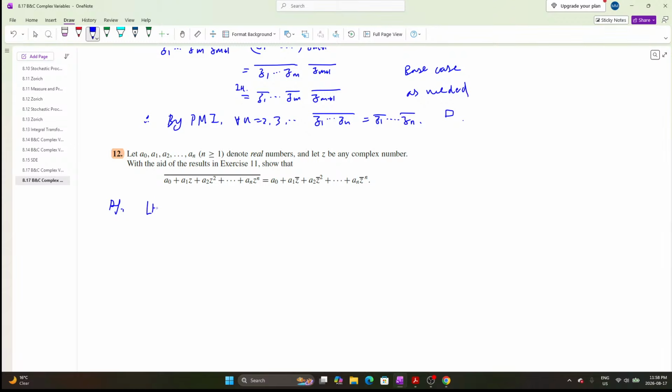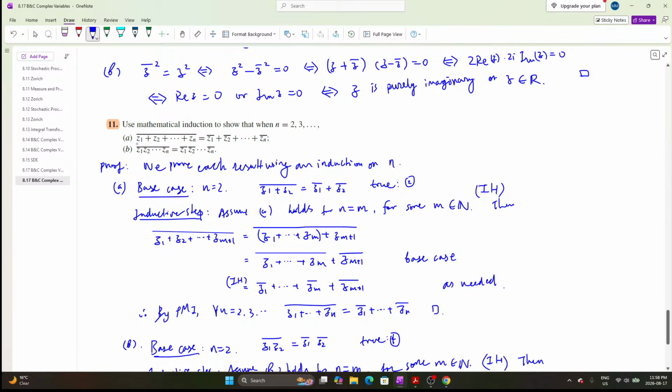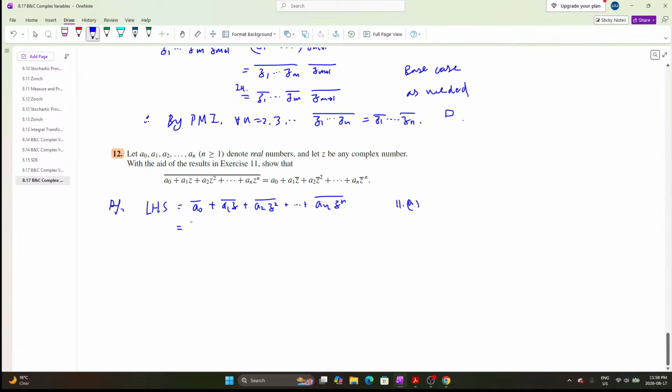And the left hand side equals a naught bar plus a1 z bar plus a2 z squared bar all the way to an z to the n bar. Right? This is the previous exercise, this is 11 part A. Okay, and now use 11 part B to write it as a0 bar plus a1 bar